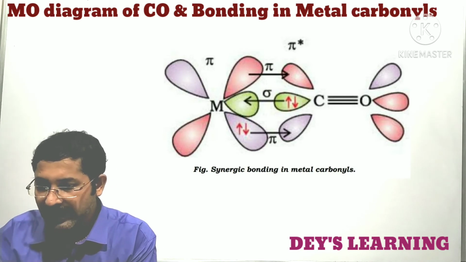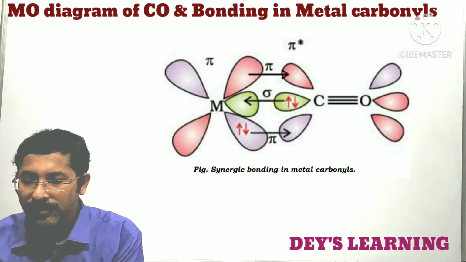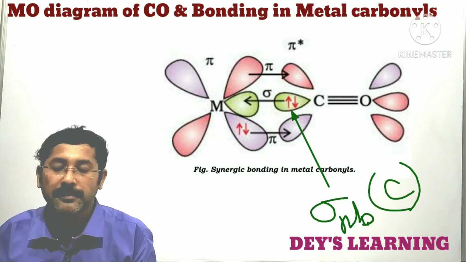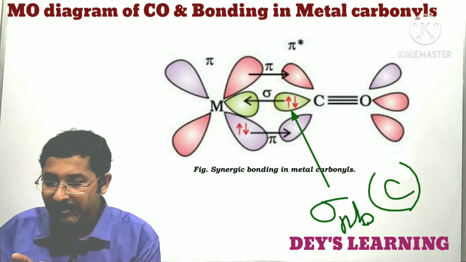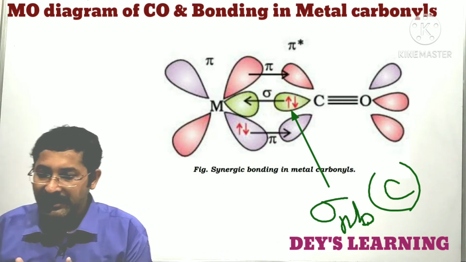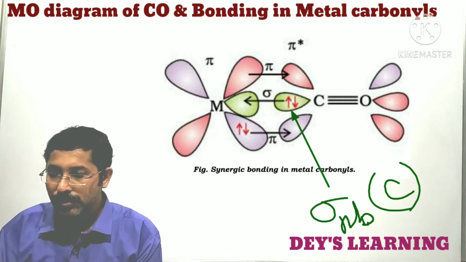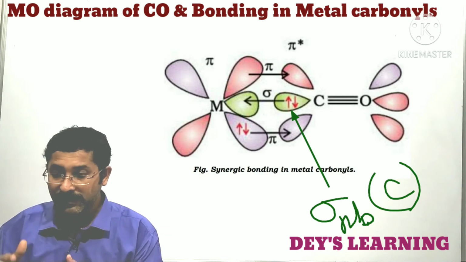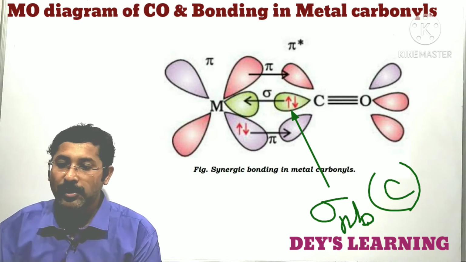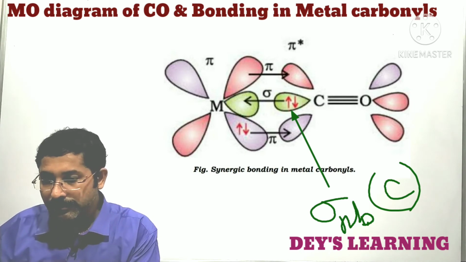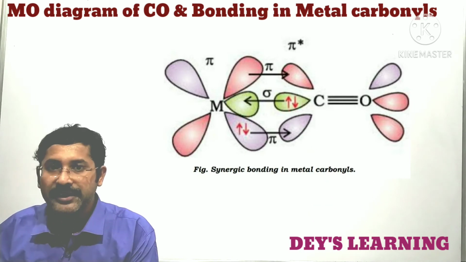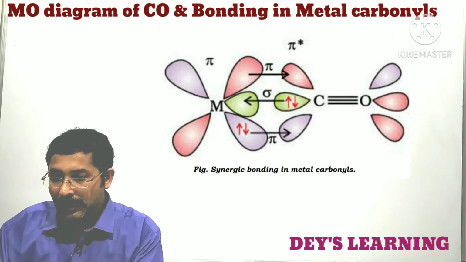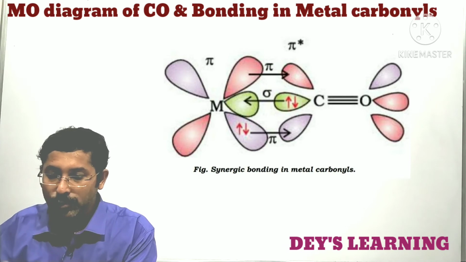So this electron donation actually occurs from the non-bonding orbital of carbon, which contains one electron pair. So this lone pair is actually present in the occupancy of carbon. So it is actually the non-bonding electron of carbon. These 2 electrons are present in the non-bonding orbital of carbon. So these electrons are donated to the vacant orbital of the metal, and simultaneously the metal orbital which contains electron